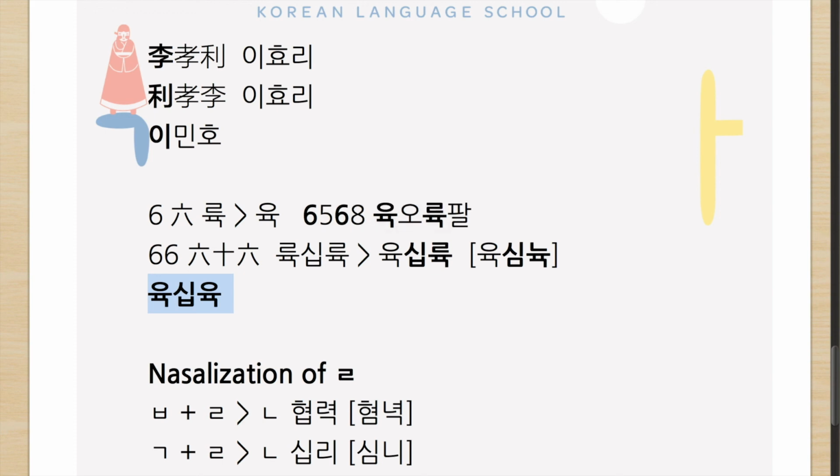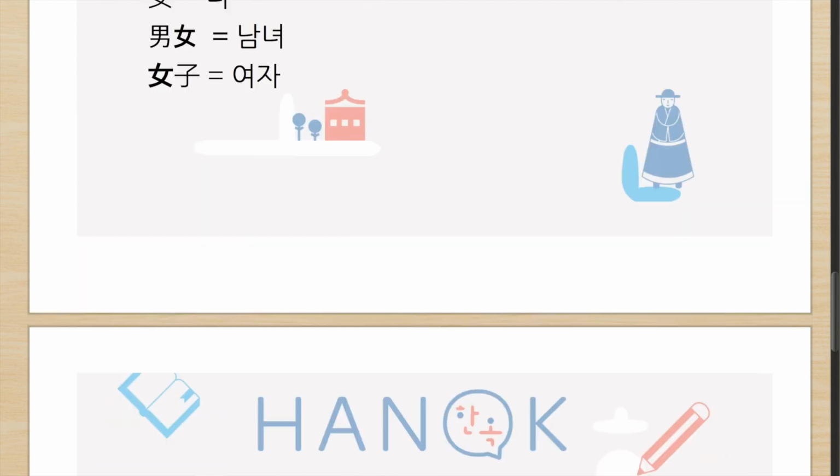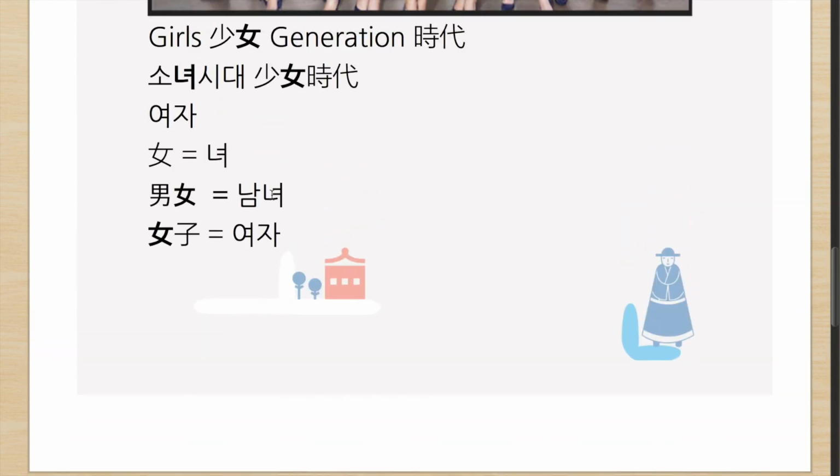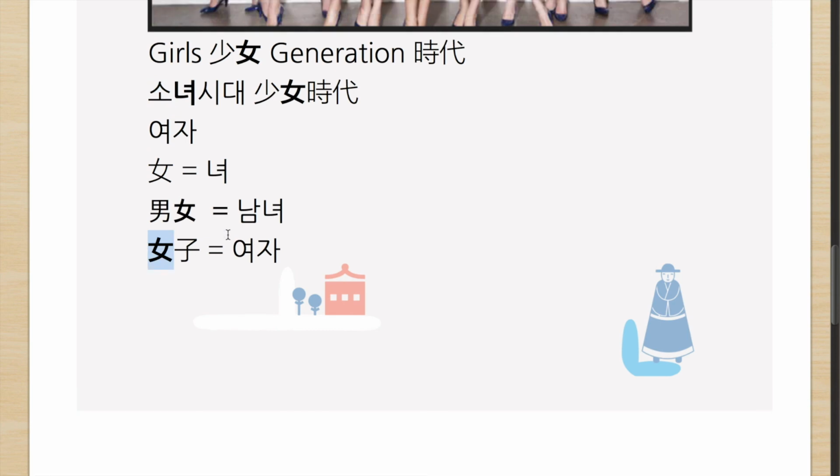But the point here is, what you need to know, well, what you should understand is there are few words in Korean when it is the first sound, it's different from when it's not the first sound. One example being 소녀 and 여자. So just remember this one, and the rest you'll pick it up as you go along.